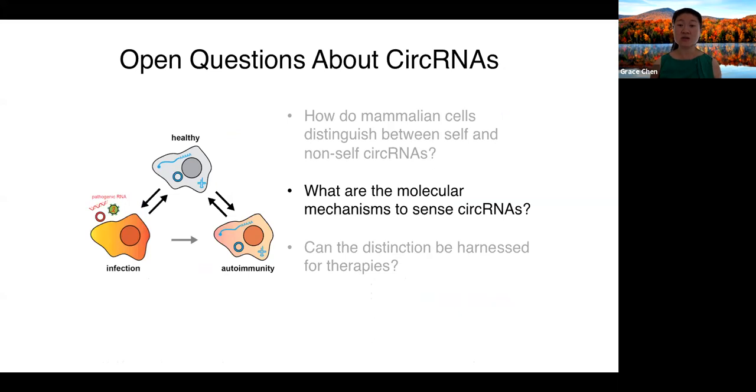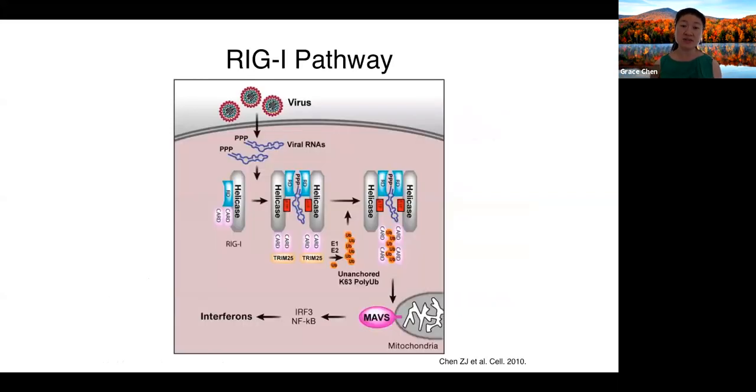So then we wanted to know, what are the molecular mechanisms to sense circular RNAs, and how are these unmodified circular RNAs actually inducing this immune response? In a previous paper from 2017, we had figured out that this innate immune sensor found in the cytosol, RIG-I, is responsible for detecting circular RNAs. Typically under a viral infection, it senses a 5' triphosphate. And so we were curious whether this unconventional sensing of circular RNAs initiated the same immune cascade as a regular RNA virus with a 5' triphosphate.